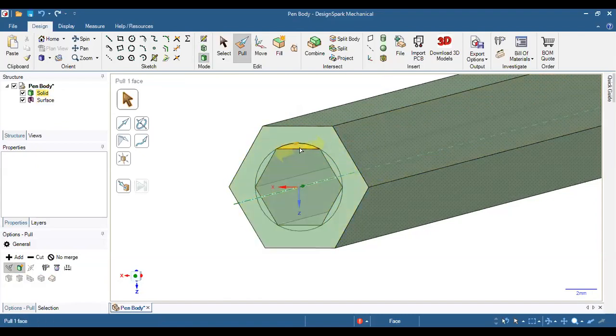So in order to do this, I'm just going to press the control button and select all the